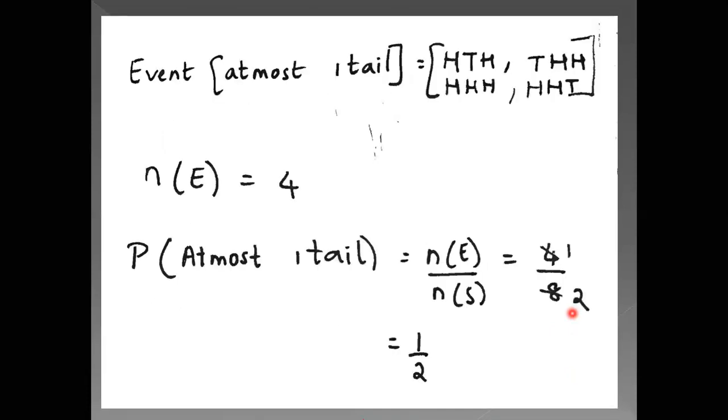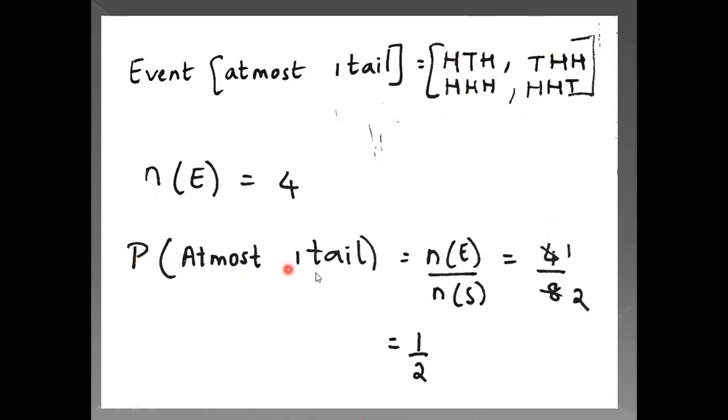So now we go to the next. The next is at most 1 tail. When you say at most 1 tail, it means 1 or below. Just keep in mind that whenever the word most is said, 1 is the most, and below that, so 1 tail or no tail should be counted. So for 1 tail, you can see from the listed sample space HTH, THH, and HHT, because there is 1 tail. So 3 possibilities, and no tail means all 3 heads. So there are 4 possibilities here. So the number of events is 4.